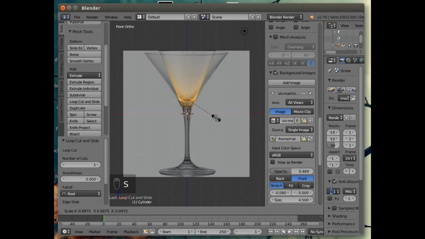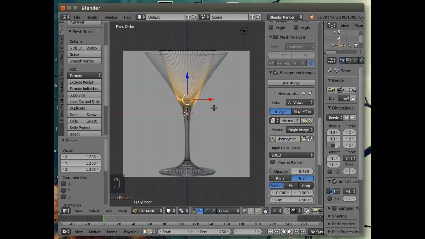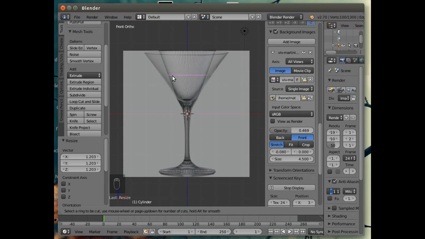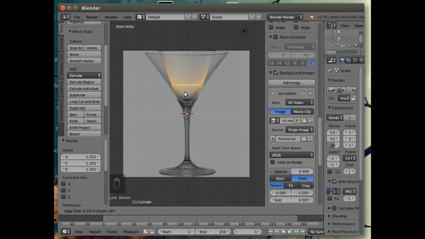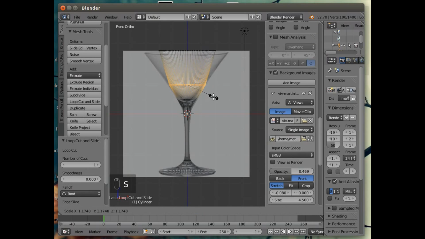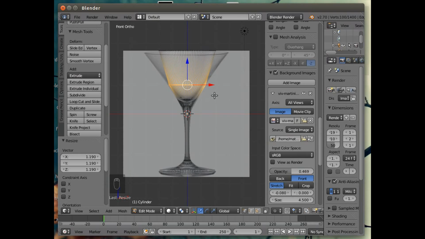S for scale, like so. And we're going to put in another loop, cut and slide, and we'll put that, because there's kind of a slight bow out there. I don't know if you've noticed that. There is. So I'm going to scale that out to there,